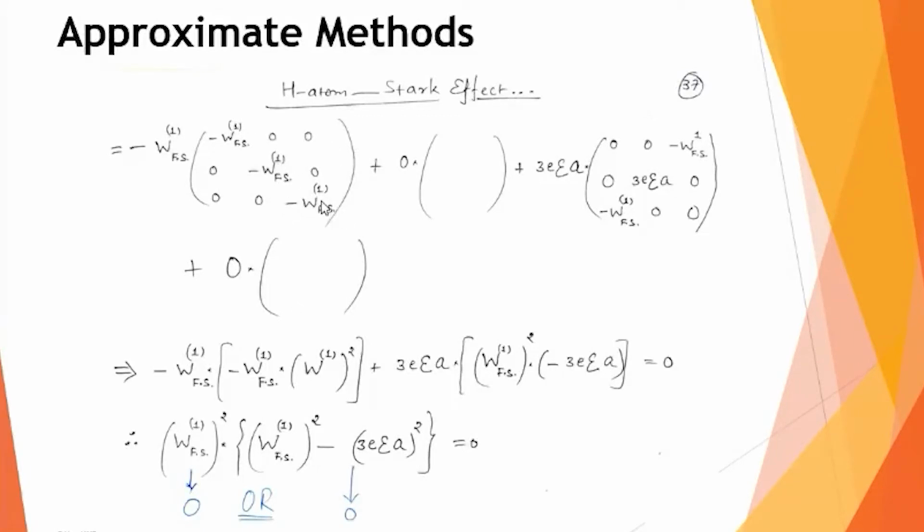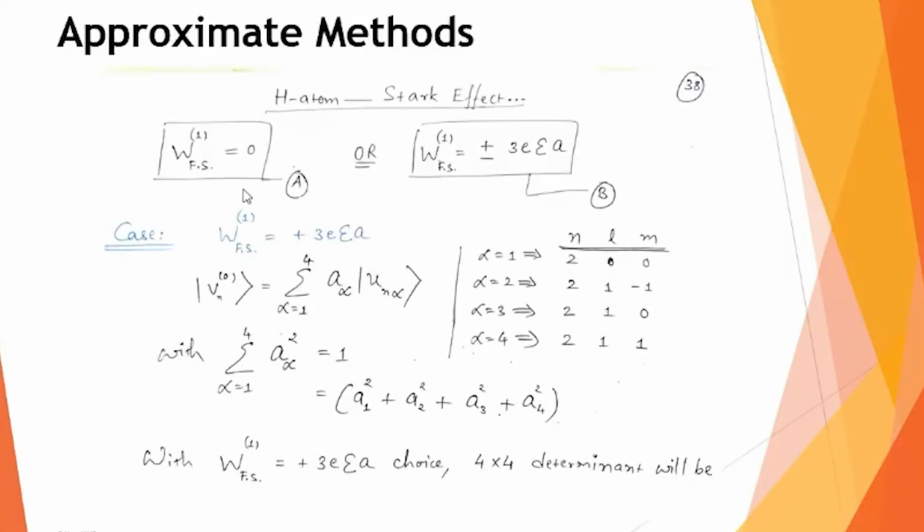This multiplied by this minus this multiplied by this. So this is how you open up this bracket. You simplify it. What you get is this whole square multiplied by this curly bracket equals to 0. And obviously, if two terms are multiplying and giving you 0, two possibilities: either this first term can be 0, then 0 multiplied by anything is 0, or the second possibility is that your curly bracket itself is 0. So with these two possibilities, W1 first order for the first excited state is itself 0, or you have this curly bracket equals to 0.